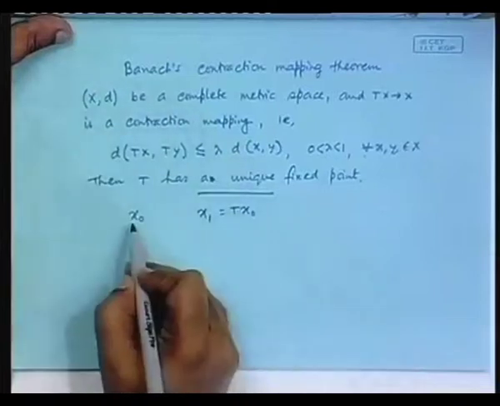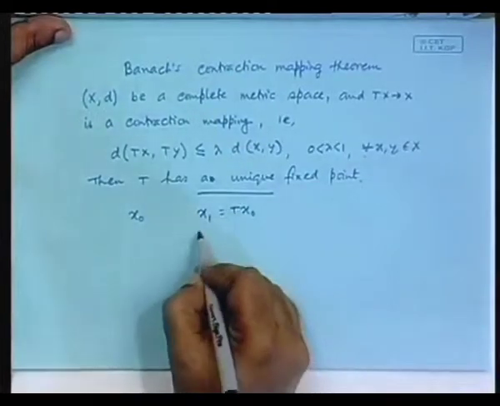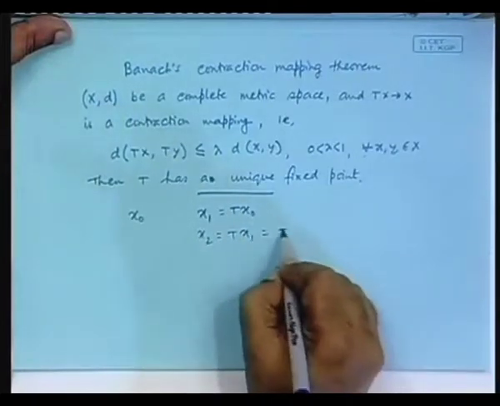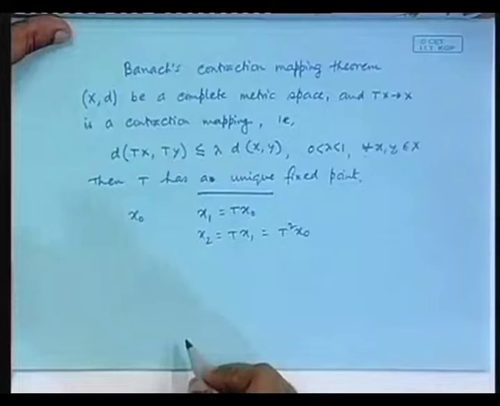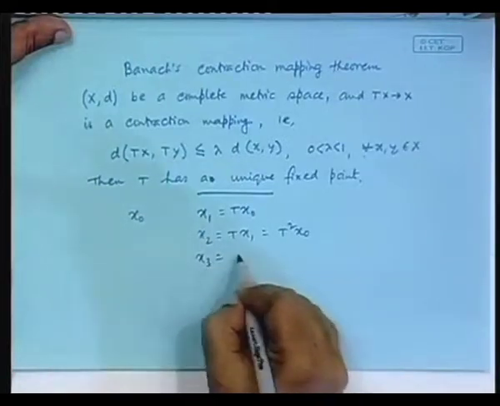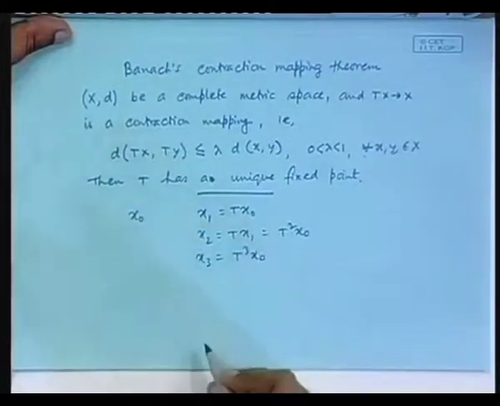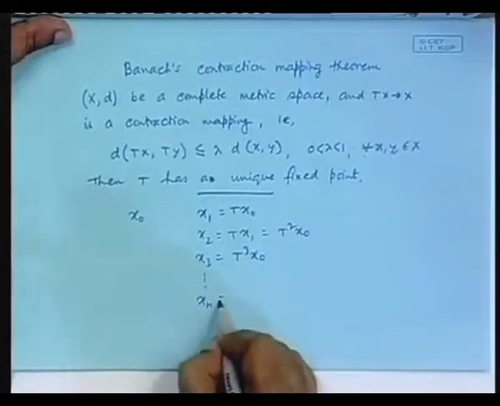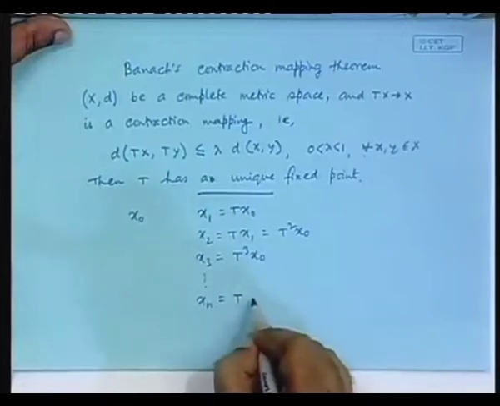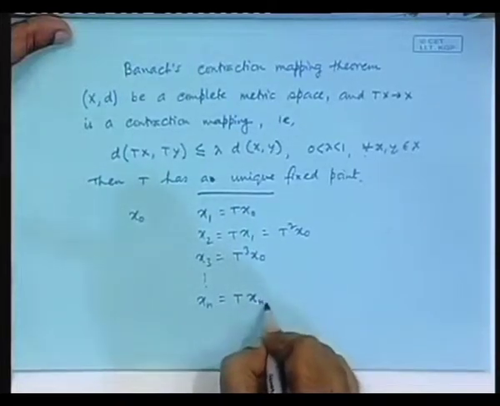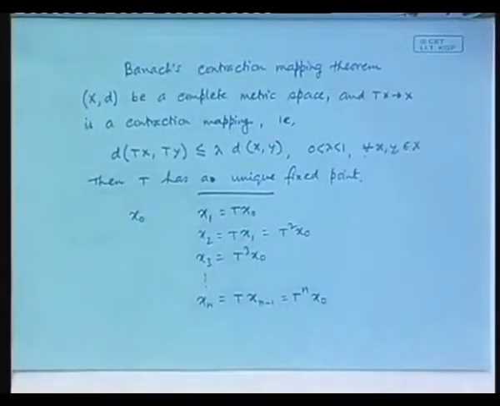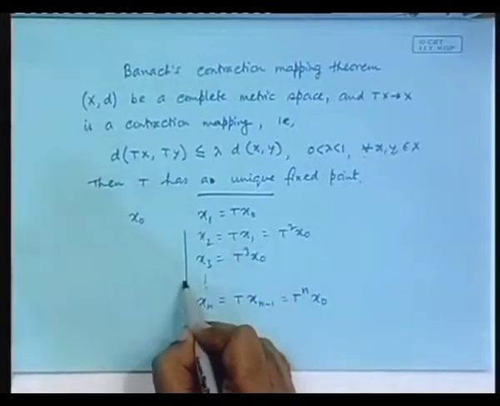Now, x naught is arbitrary, anywhere. x2 is t x1, x3 is similarly, and so on and so forth. Xn is t x n minus 1, which is equal to t to the power n of x naught. Fine. So, this is how we have defined a sequence,